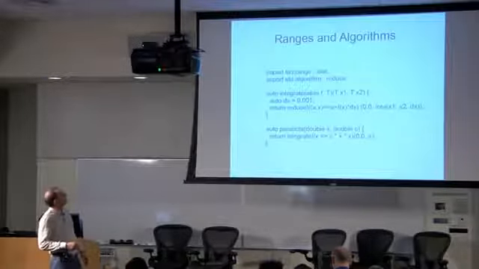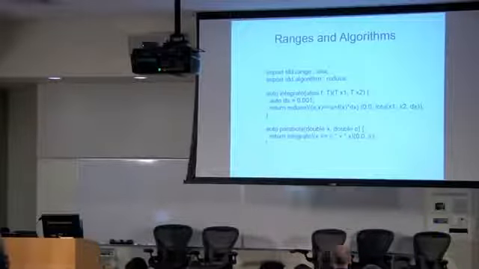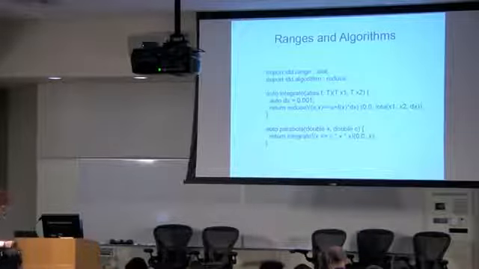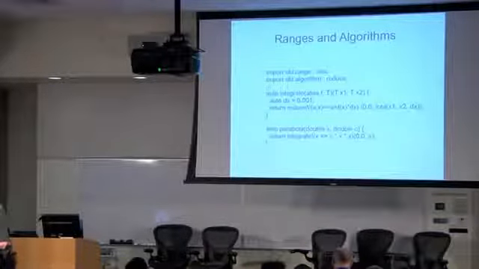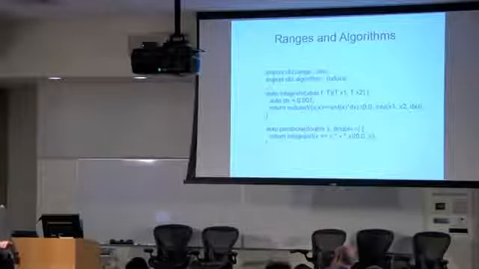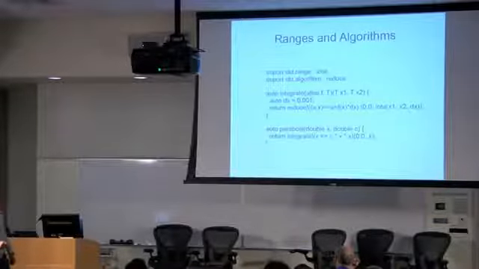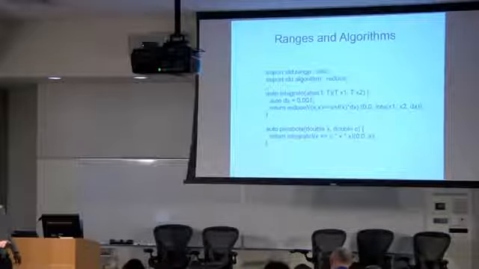What would new style look like? We make it a template so it works with any type instead of all those darn doubles everywhere. Auto, so it infers the return type. Auto, it infers the type of this. And here we've replaced the loop with reduce and iota. What iota does is act as a generator and feed new values into reduce, which takes our current sum and adds f of x times dx to it.